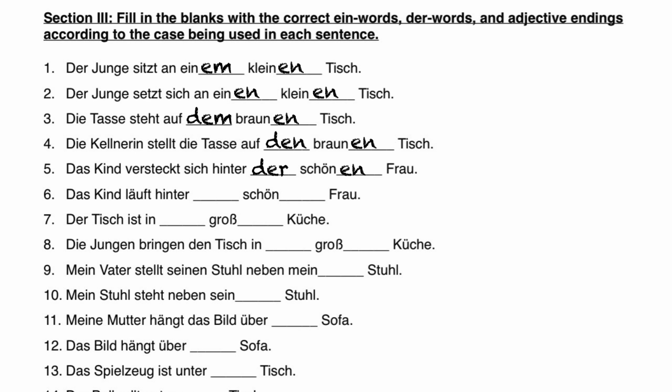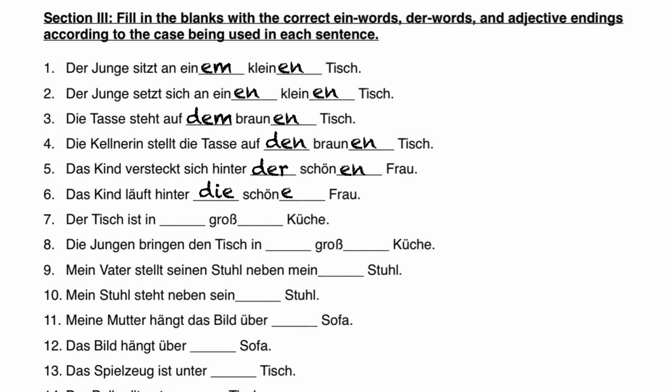Das Kind läuft. Laufen is obviously a motion verb. It means to run or go or walk. So we have here das Kind läuft, the child runs, and then we say behind the beautiful woman, hinter die schöne Frau. In the accusative case, we have die Frau, the woman. Since it's accusative, we also have an E at the end of the adjective ending here because it's a feminine